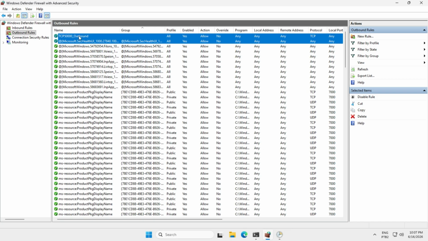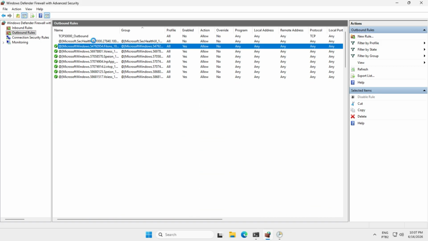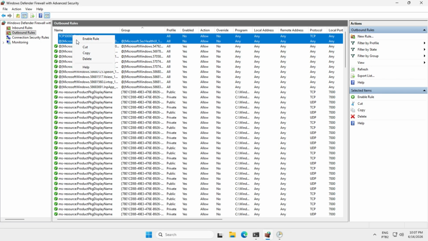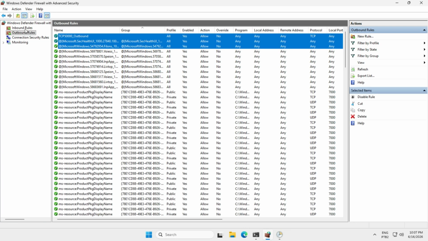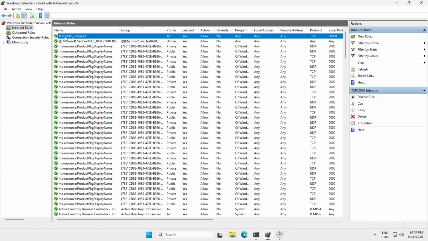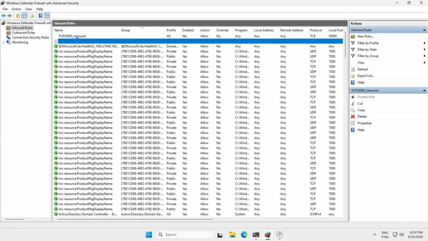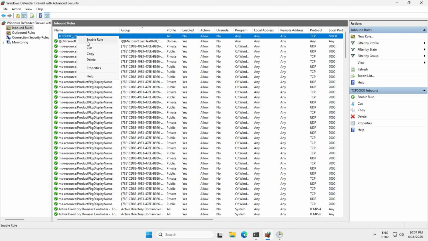I will now disable and enable the rules to demonstrate how firewall rules can be managed. Enable rule.